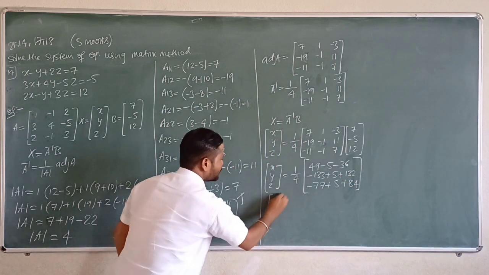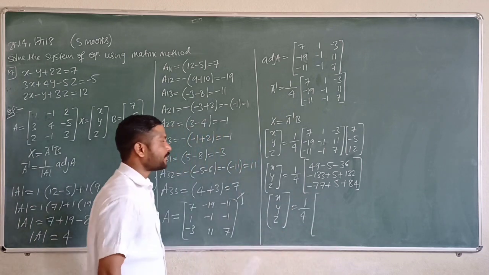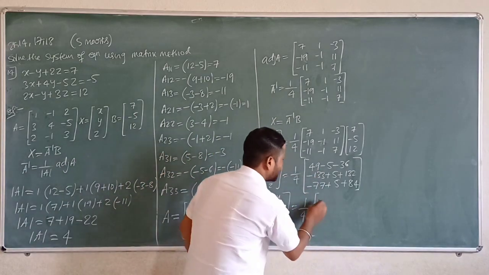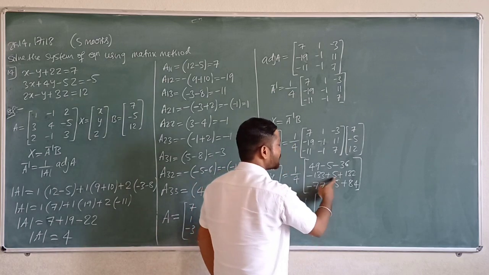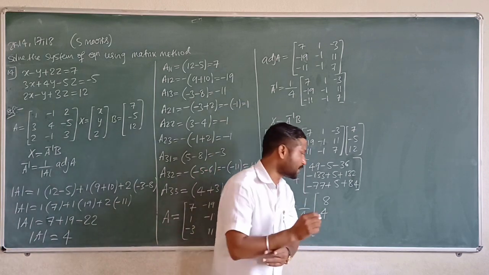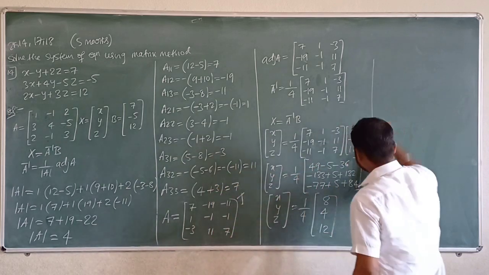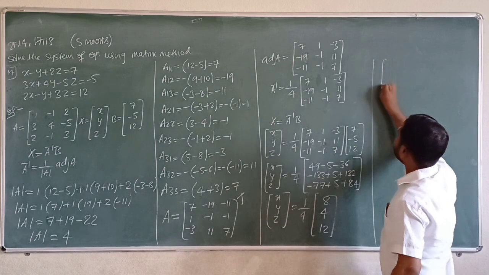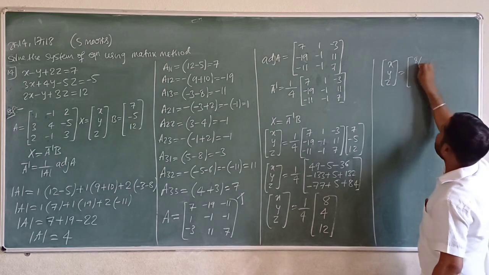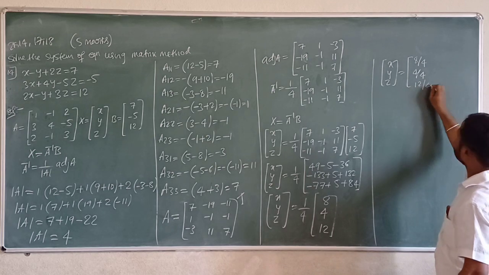Okay, then x y z is equals to 1 divided by 4 into now, right. Simplify this one. 49 minus 5 minus 36, which term? Plus 8. Okay, that is plus 8. Next minus 133 plus 5 plus 132 plus 4. Next minus 77 plus 5 plus 84 plus 12. Okay, plus 12 now, right. Then multiply 1 by 4 for all the elements. Then it becomes x y z is equals to 8 divided by 4, then 4 by 4, then 12 divided by 4 now.